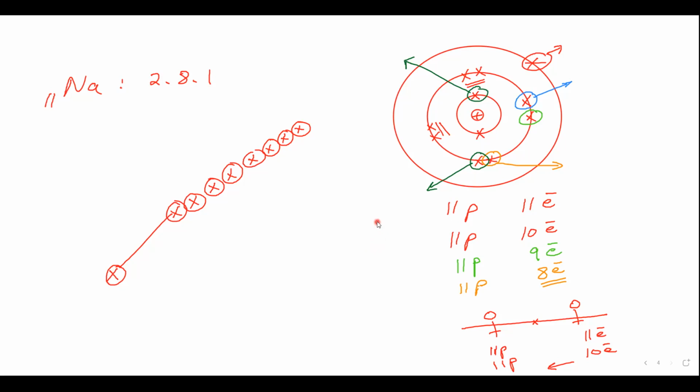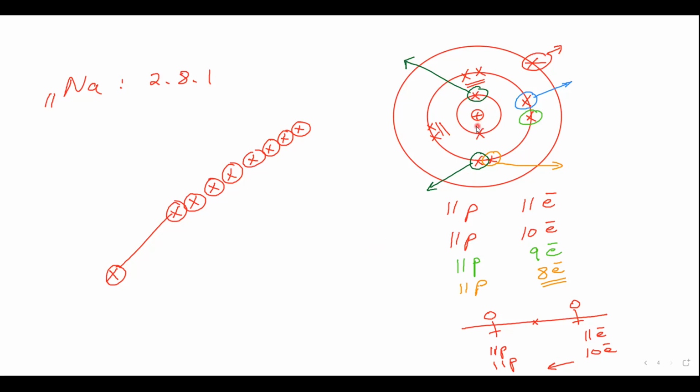It's closer to the nucleus. Yes, excellent. We have here the first reason, as Mavi said. Now, this shell is the closest to the nucleus. So these two electrons are the strongest electrons attracted to this nucleus. They are the closest. There is nothing in between them and the nucleus, so they are very much attracted to